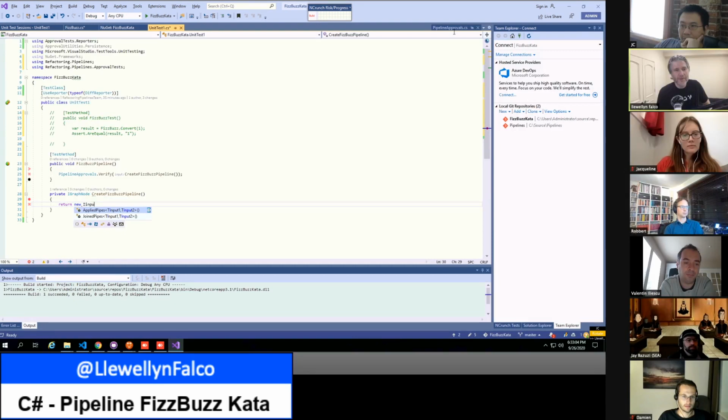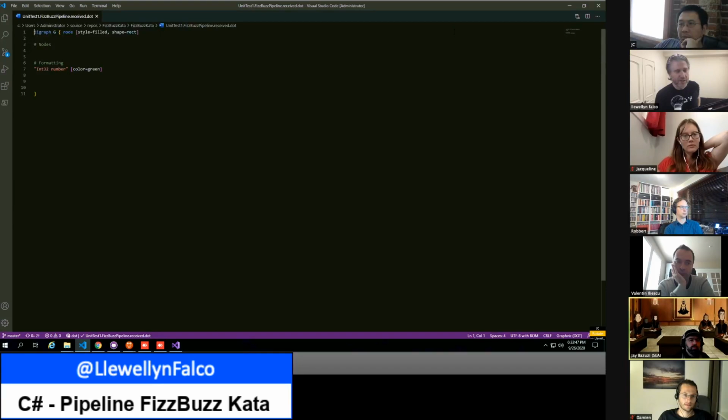Open up the received file in VS Code. Okay, and then show the visualization of this side by side. Control-Shift-V. All right, and then let's go to the nodes.